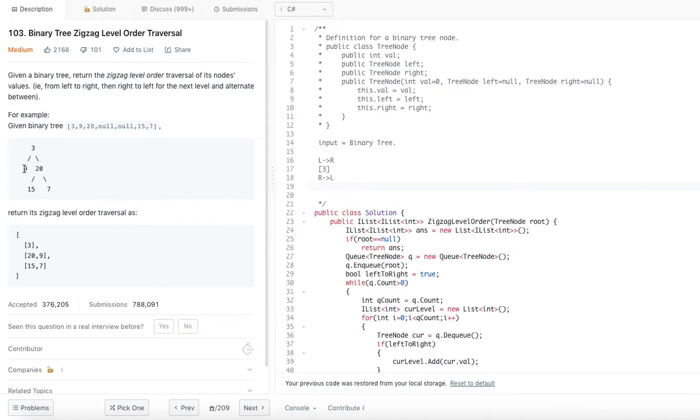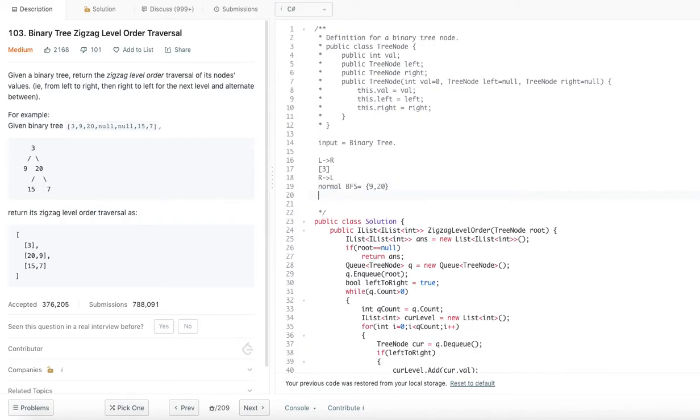So 9 and 20 you read, but when you return the output, you have to return 20 and 9. So normal BFS, let me write it down, what will be the order? 9 and 20, right? Now we want to convert that to 20 and 9. We will see how we are going to convert.